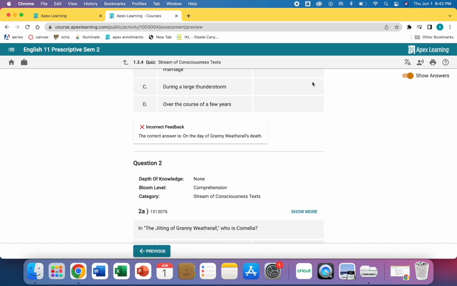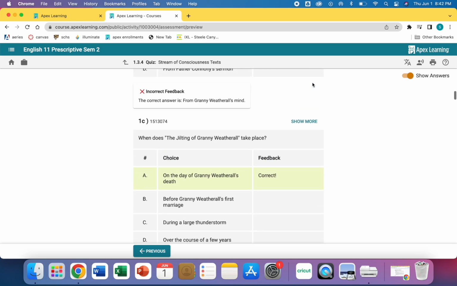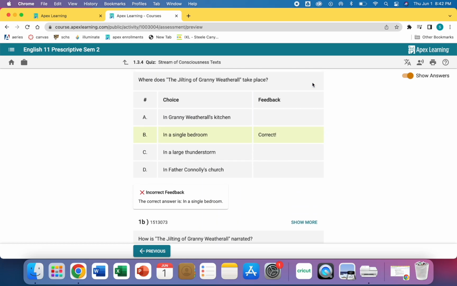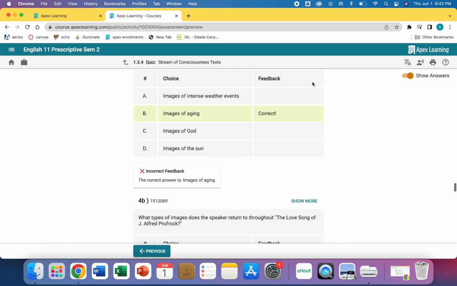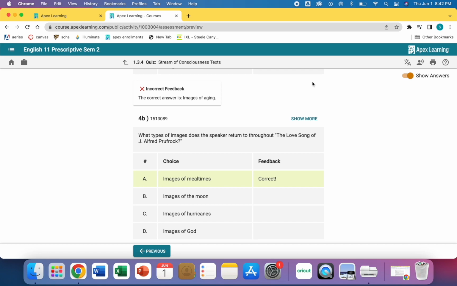The hard part about this is that even though Elias may be working on the first question in his quiz, it will actually show up as question 5 on your list because Apex shuffles the question order in addition to the questions the kids are receiving, just to keep the program with some integrity. So the easiest thing to do is hit Command F on your computer, and then it'll pull up a search field, and then